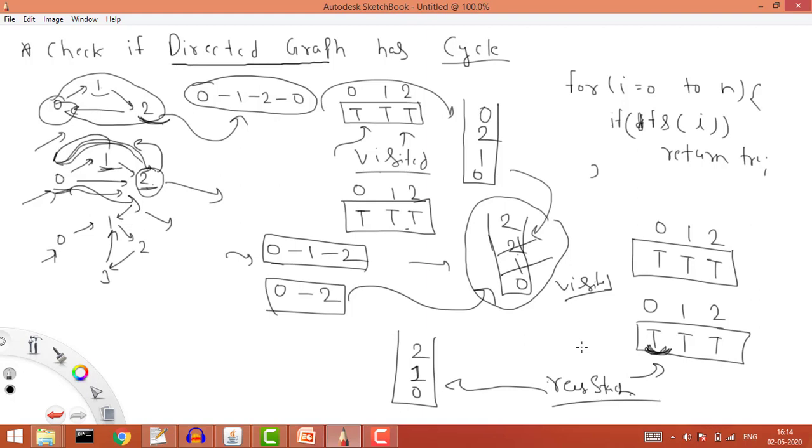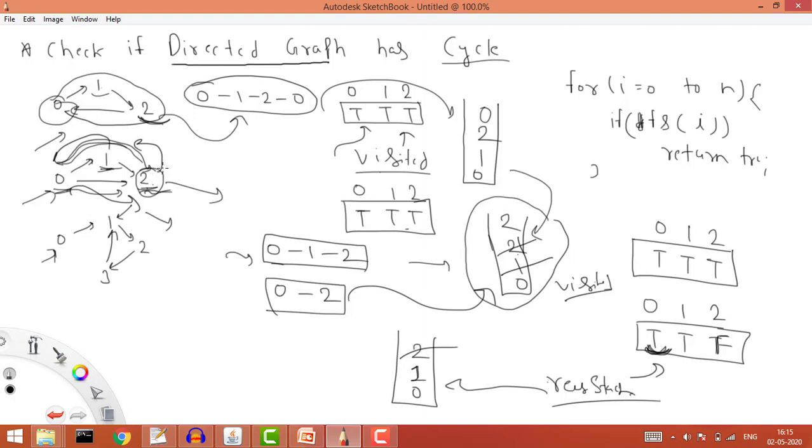So this is the way we can check whether there is a cycle or not. But because we are solving this other case, for this 2 there is no neighbor, right? If there is no neighbor for 2, it means we are done with this 2. Now we need to remove it from the stack. When we remove from the stack, we basically set the value to false here. So we are removing this 2, which means we set the value from true to false here, right? And we return false, meaning for this 2 there is no cycle.